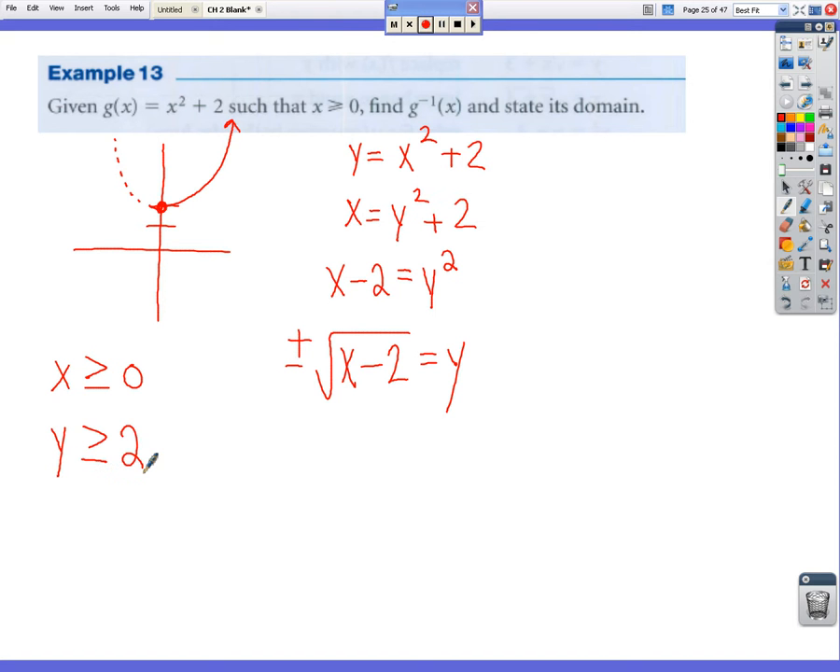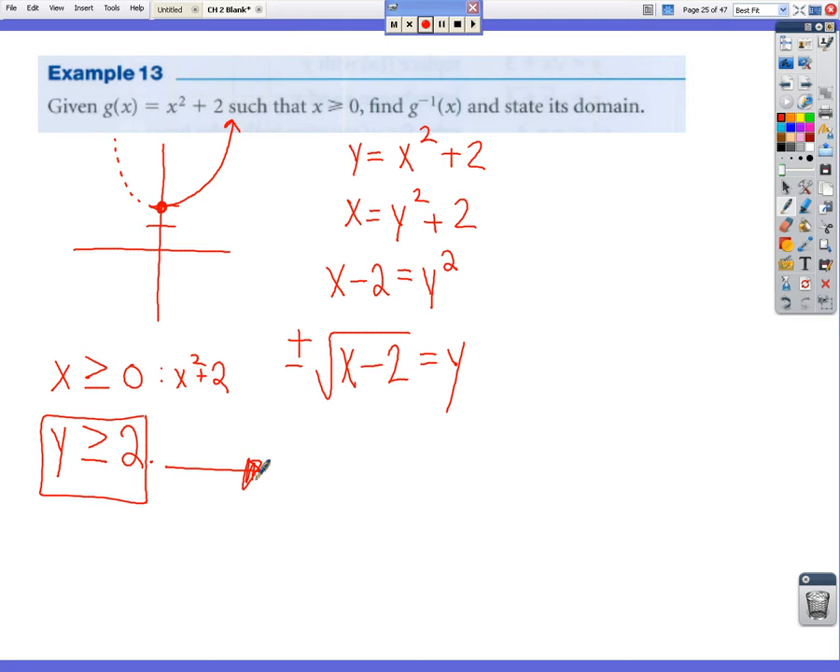How do I know that? There's two different ways. The graph above shows it. And secondly, think about the values that you would put into x squared plus 2. If I put 0 in, I get 2. If I put 1, I'm going to start getting values bigger than 2. That's how I figured this out. This becomes the actual domain